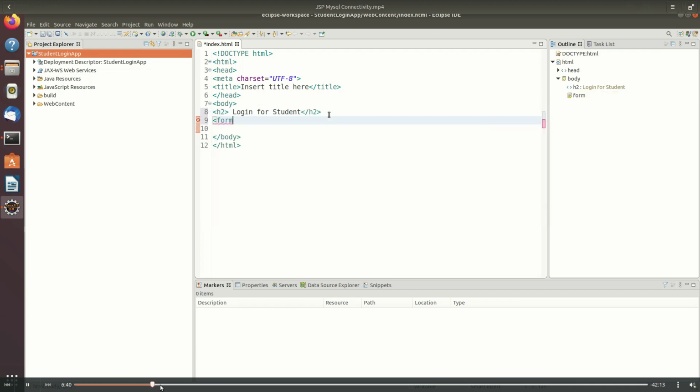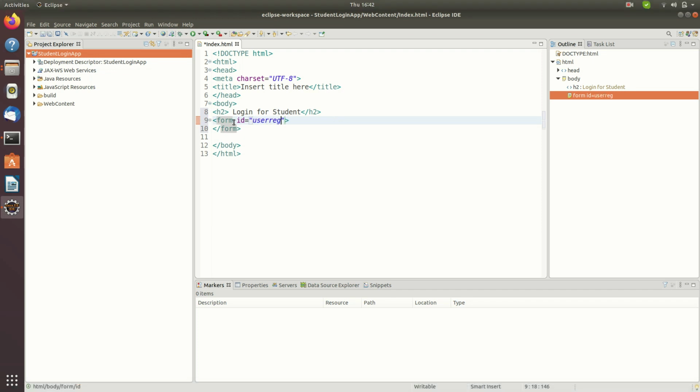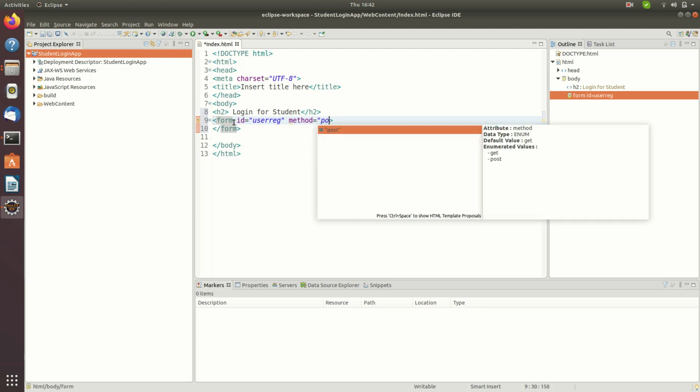Form tag I have used. ID, that is the identifier for this form, is user reg. Method is post. There are two types of methods.